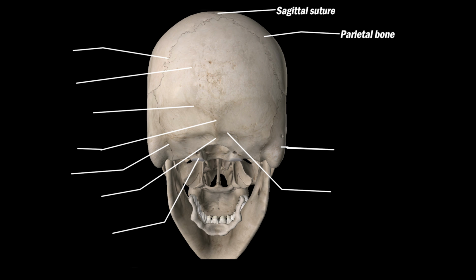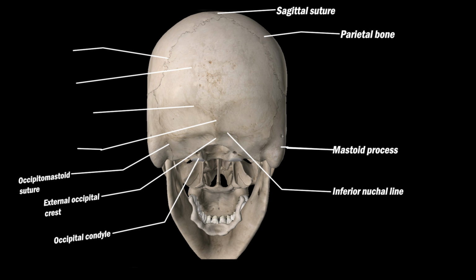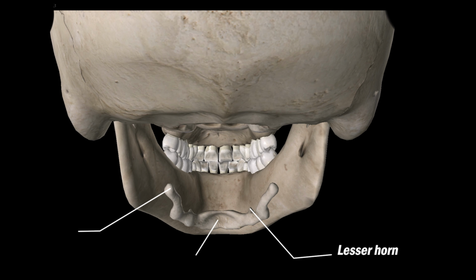sagittal suture, parietal bone, mastoid process, inferior nuchal line, occipital condyle, external occipital crest, occipitomastoid suture, external occipital protuberance, superior nuchal line, occipital bone, lambdoid suture, lesser horn, body, greater horn,